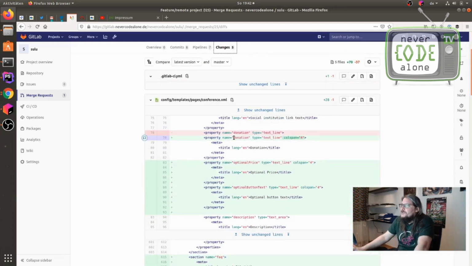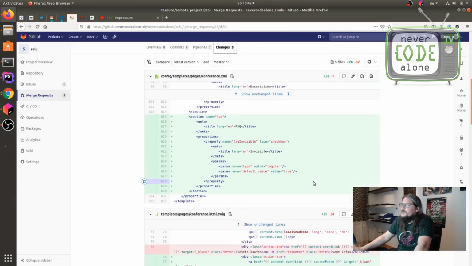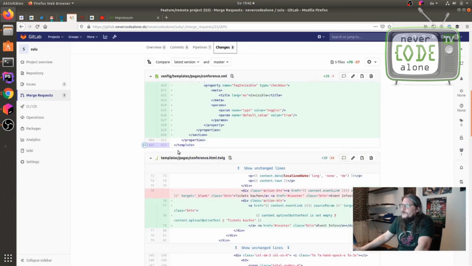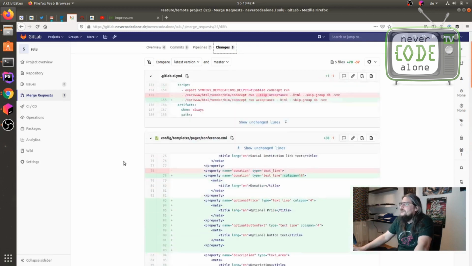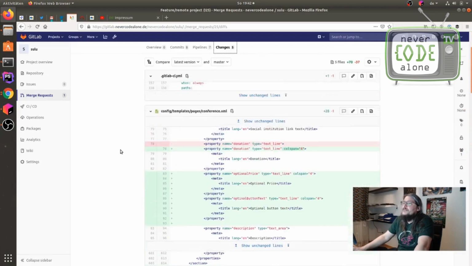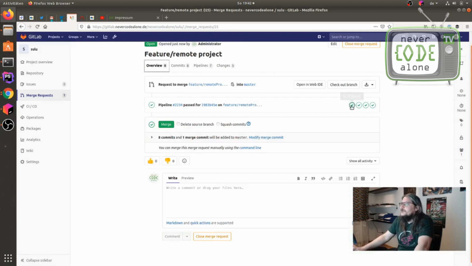fine here. Donation, code span in 1 line. This looks good for me. FAQ invisible, and so on, and I say, okay, everything is clear, and I can say, hey, on the overview, all tests passed.